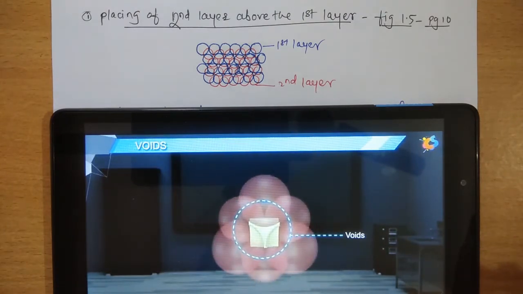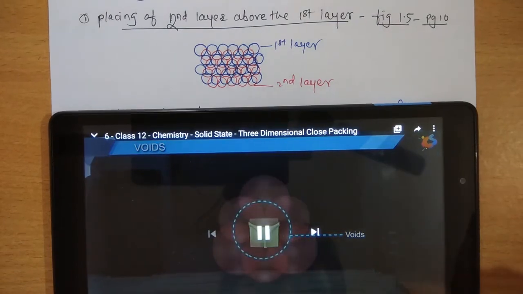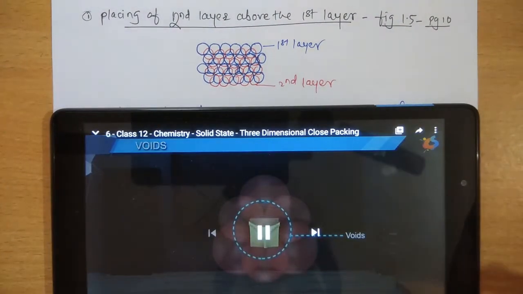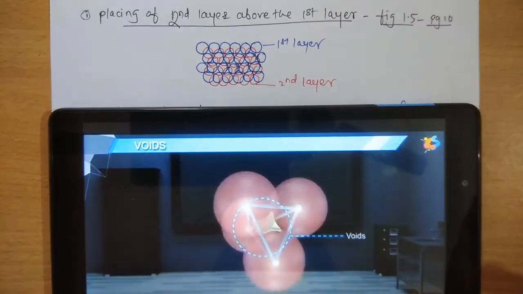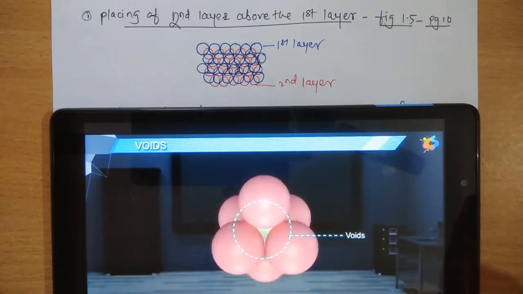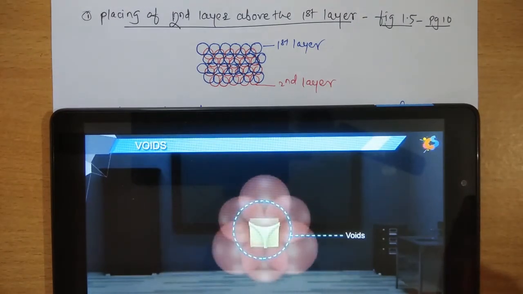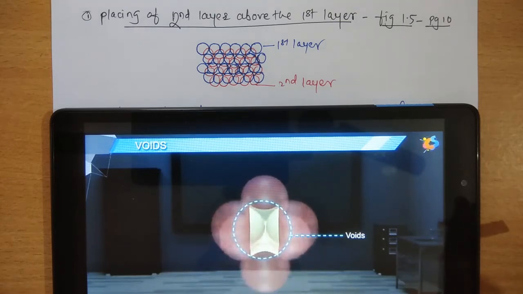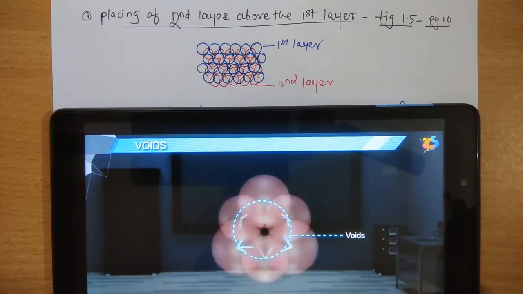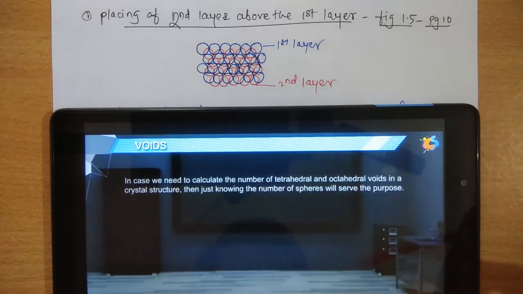I will show it repeatedly. See how the octahedron is formed.